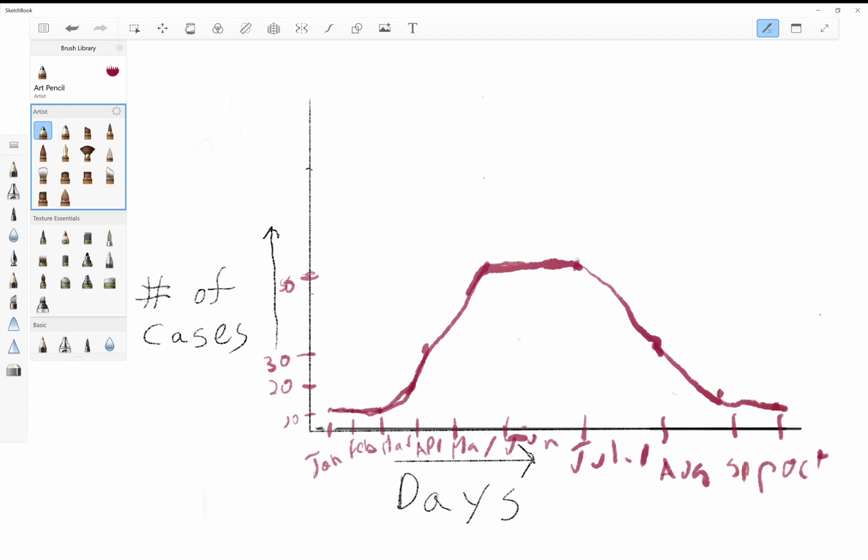So this is the curve. This is what we mean by the curve. It's the epidemiological curve. Number of cases per month, week, whatever, per day or month or week, whatever you want. So that's what we mean by the curve. Now, what we're talking about with flattening of the curve